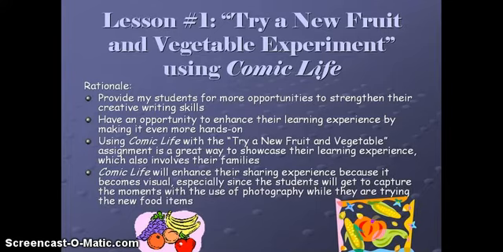I'm trying to promote healthy eating and hopefully inspire the students and their families to try new foods even after the unit is completed. Now, my rationale for using Comic Life with this particular lesson is to provide my students with more opportunities to strengthen their creative writing skills, and have an opportunity to enhance their learning experience by having an